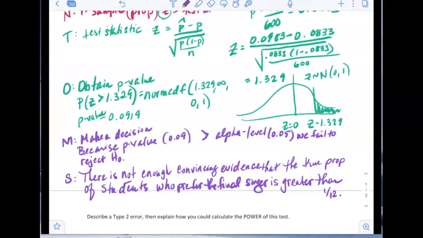So there's not convincing evidence that there's an advantage to performing last. There is no advantage to performing